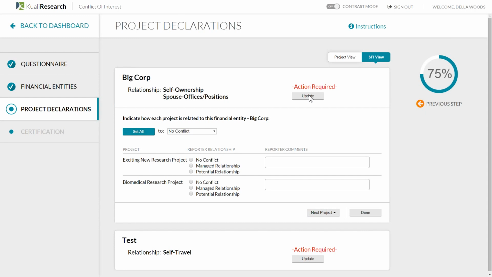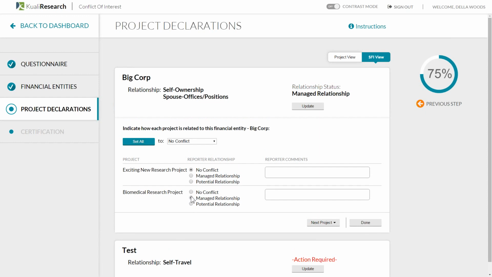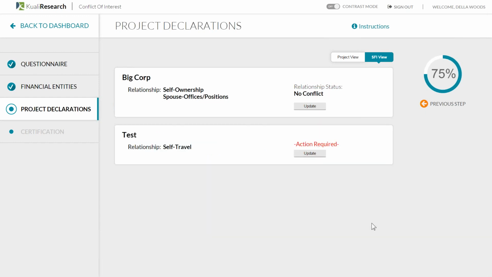The other thing that's available on this screen is the ability to set all of the relationships in a particular area at one time. So I could say I have no conflict for either of these and do that with one click. But I'm going to go in and reflect on each and say this one has no conflict, this one maybe, or maybe not. I'll stick with no conflict and click done. So at this point, I've completed